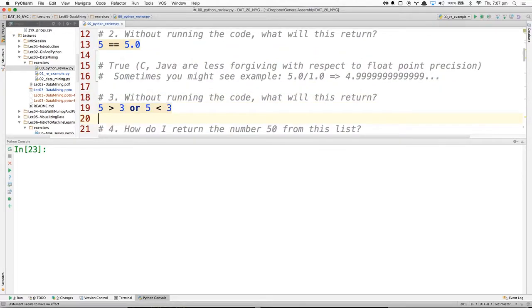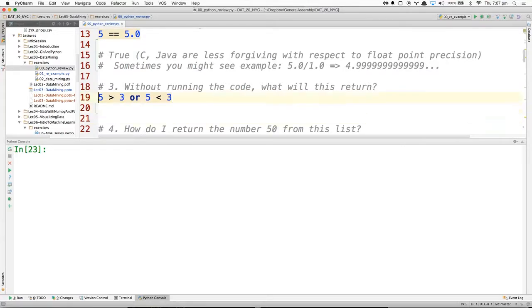What about this one? Is 5 greater than 3 or is 5 less than 3? One of the conditions is true, so the entire evaluation is true. What if I did something like 3 is less than 5, or print, actually, I'll make this a string, and I'll assign this to boolean_result.